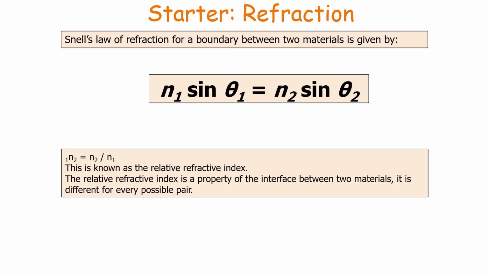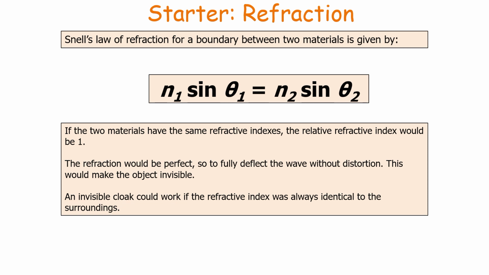Now the relative refractive index is a property of the interface between the two materials, and it's different for every two possible pairings of materials. Now if the two materials have the same refractive indices, well then the relative refractive index would be 1. So in this case the refraction would be perfect, so it would fully deflect the wave without distortion, which would make the second